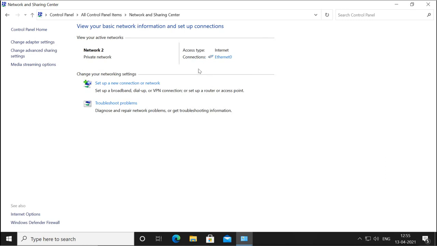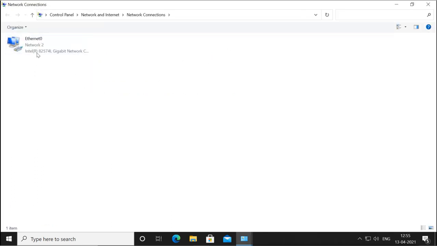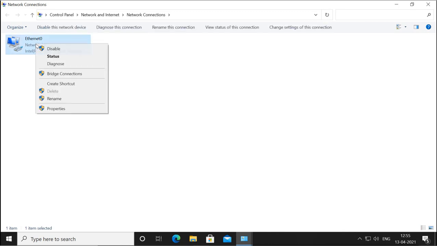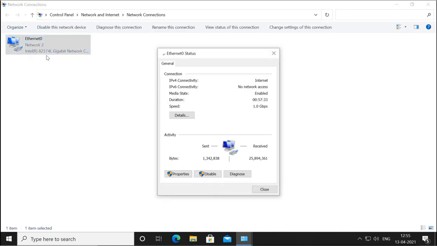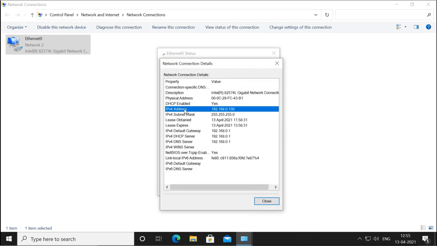Now it is saying the access type is internet and we are connected to the internet. Now when you check the adapter settings, and we check the status and details, here you can see IPv4 connectivity, and it is connected to the internet. When you see the details, you can see the IP addresses are there.